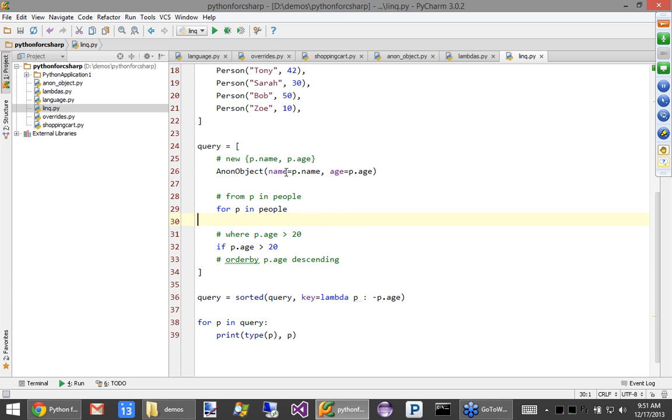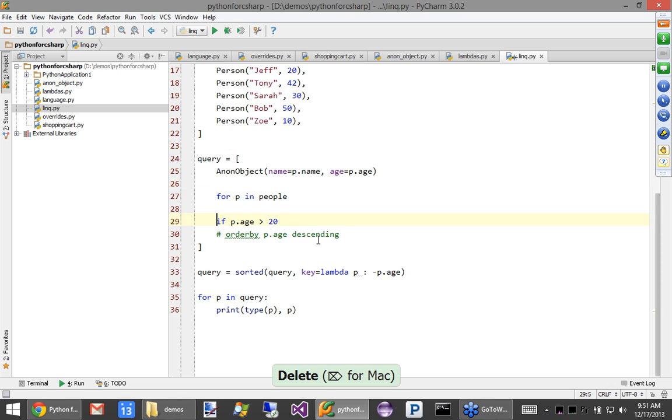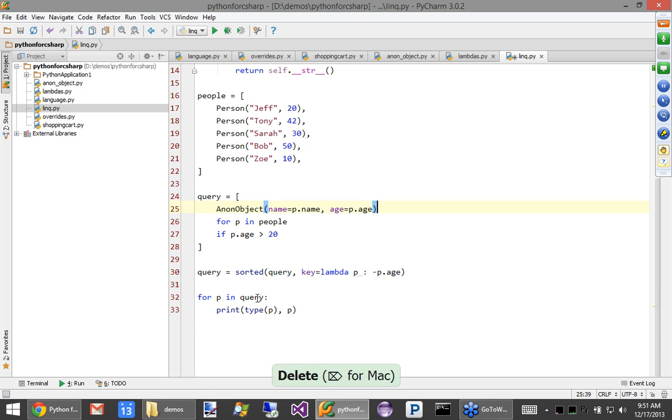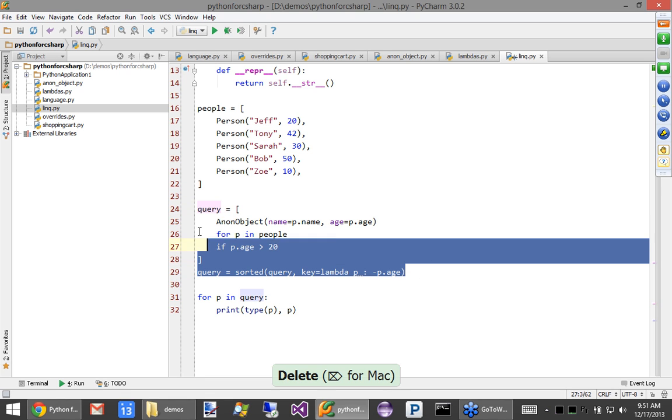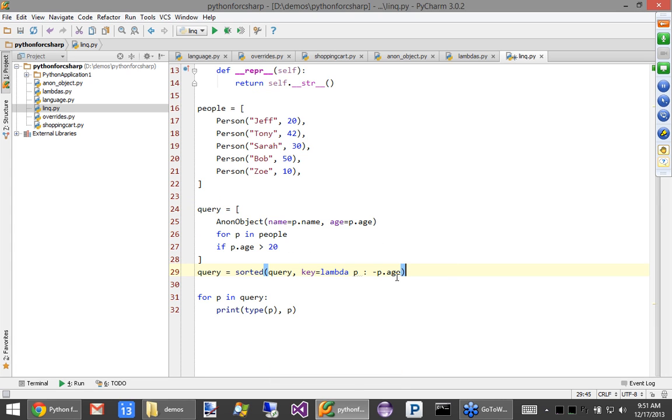Okay, pretty cool, huh? Let me just for a moment delete these out, so you can see that it's actually not complicated looking. It's only complicated looking because I have all this stuff together there. All right, so here is basically the equivalent of my LINQ to objects. You'll see there's a LINQ to Entity Framework as well, but it doesn't bind together exactly in the same construct. You've got to do one or the other.